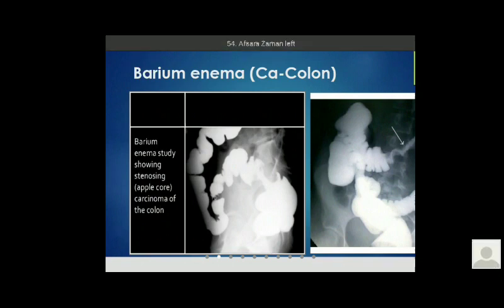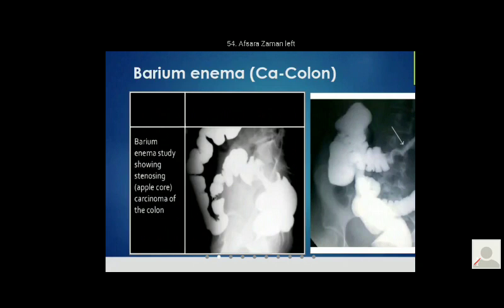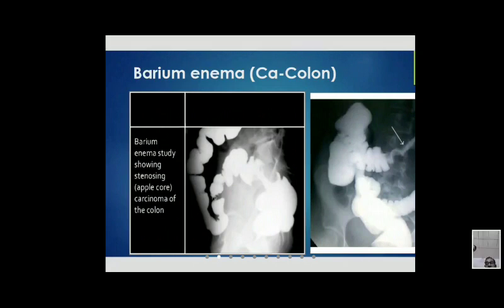Carcinoma rectum, treatment depends on the site of the growth. If it is the upper part of the rectum, it is anterior resection. If the growth is in the lower part, or if the sphincter is involved, in that case we can go for APER. Clear?